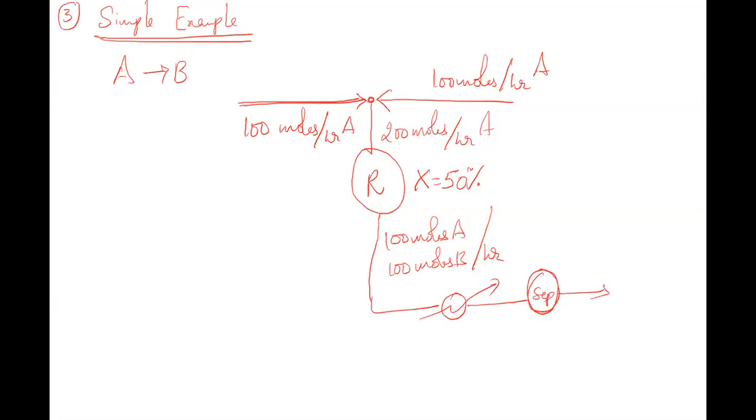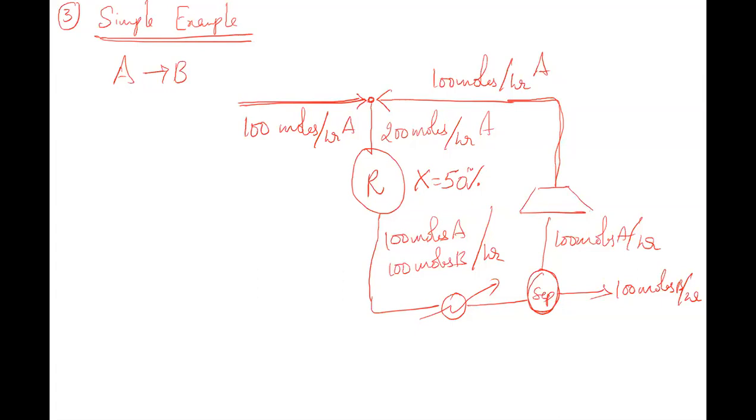Separating it could be based on distillation or something else, it doesn't matter. Depending upon that, 100 moles of B per hour is coming out. Let's say 100 moles of A per hour is going back. Since there is a pressure loss, you have a compressor sending it back to the system. If you see any plants, all the plants in the entire industry, this is the simple flow scheme of any plant.